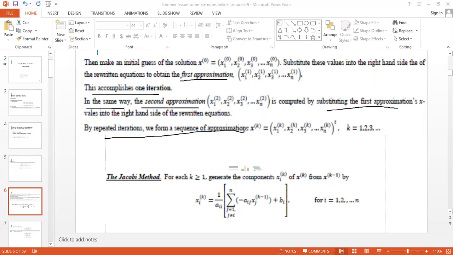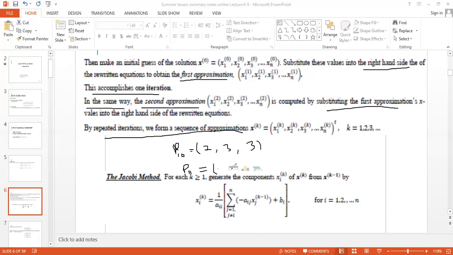When we say a solution has converged, it means simply that, let's say you've completed a 10th iteration, that is P10. Your solution at that point for the system, let's say it's a 3x3 system, you obtain 2, 3, 3. Now, if this is indeed the solution of the system, then when you substitute it back into the right-hand side equations and run the 11th approximation, P11, it will also be